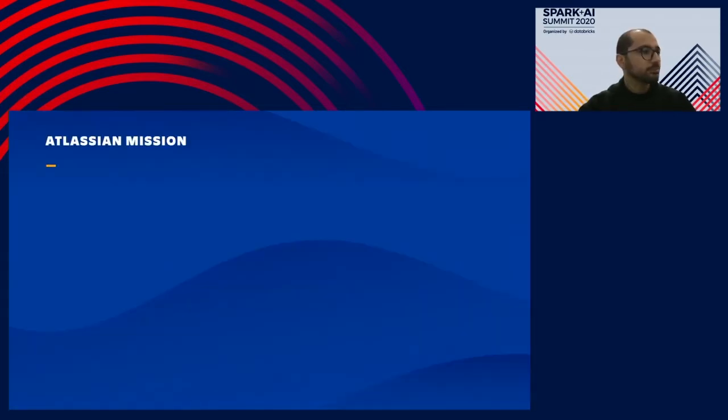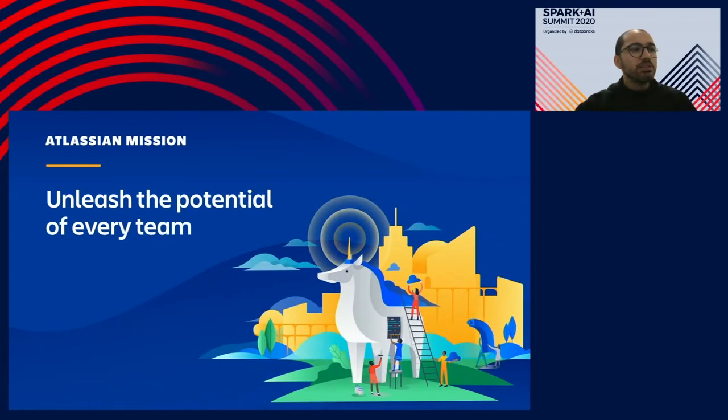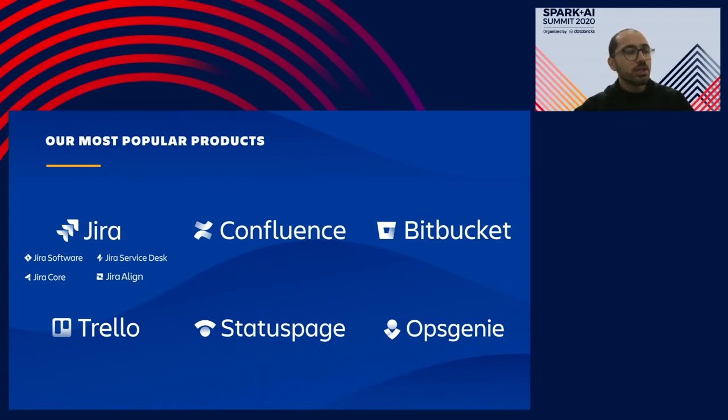At Atlassian, we believe that behind every great human achievement, there is a team. From medicine and space travel to disaster response and pizza deliveries, our products help teams all over the planet to advance humanity through the power of software. Our mission is to help unleash the potential of every team. To achieve this mission, we build work collaboration tools to help our customers achieve their potential and do great things. Some of our most popular products are Jira, Confluence, Bitbucket, Trello, Statuspage, and Opsgenie.